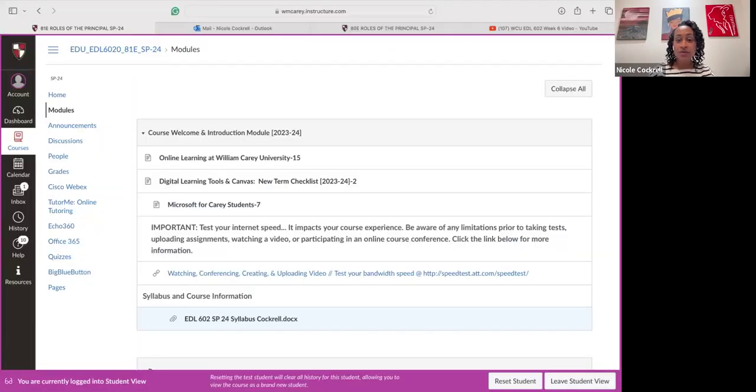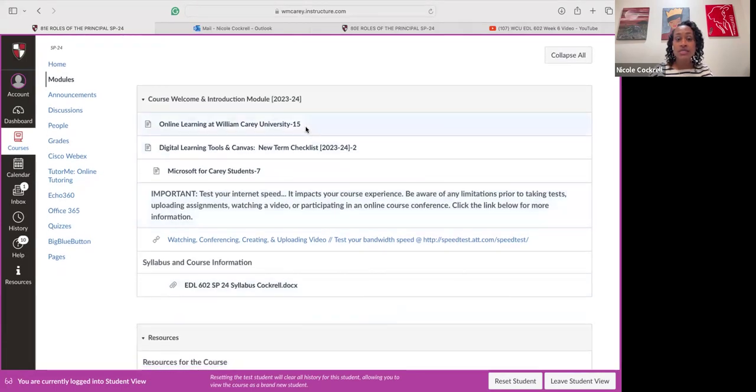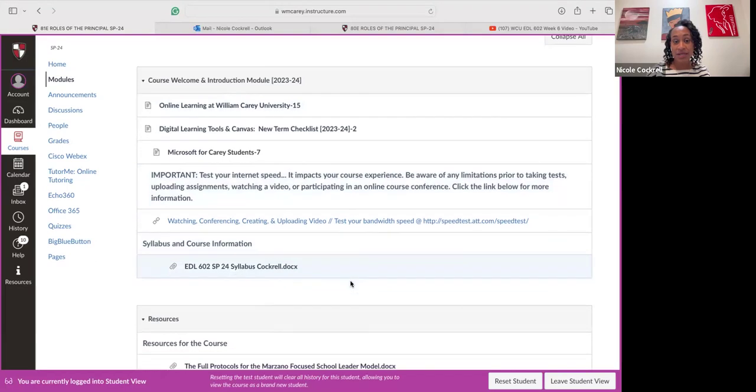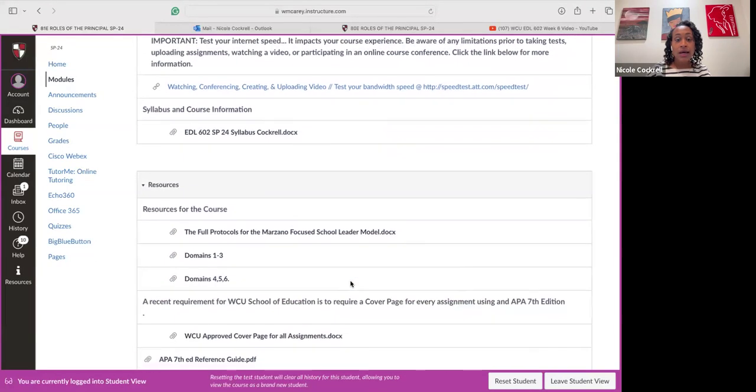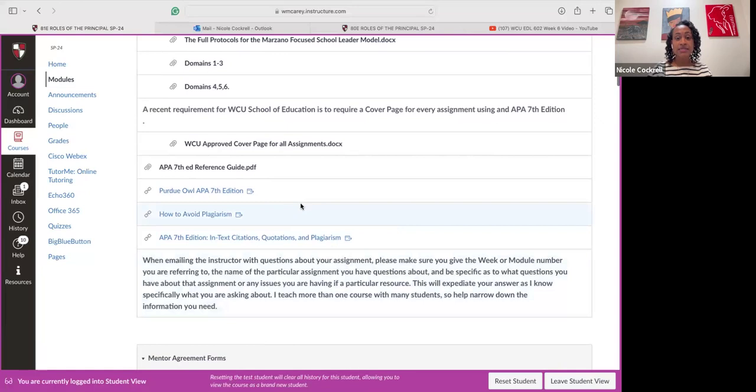I know many of you are familiar with Canvas, but if there are some students that are not familiar with Canvas, I want to give you a quick overview of the site and what things are available to you. So first thing is the things that welcome you to the Canvas module. But the thing I need you to draw your attention to is there is a syllabus here for you to print or just to have on hand, downloaded and view.